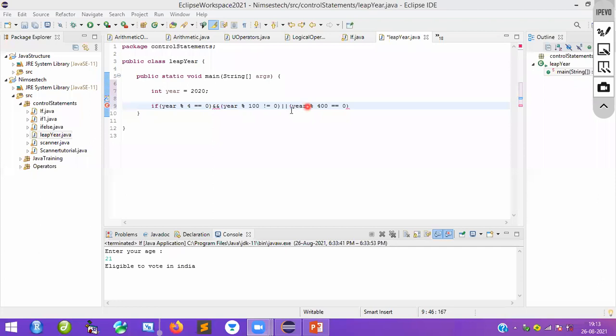Yes or not? That is the reason why here also we are going to divide like this. 2020 modulus of 400, nothing but divide by 400. What is the remainder? You are going to get the remainder that is equal to 0. We have to check this one. Again, create a body for this if.